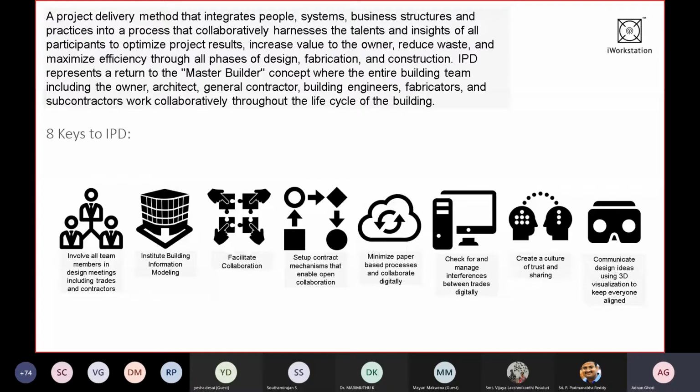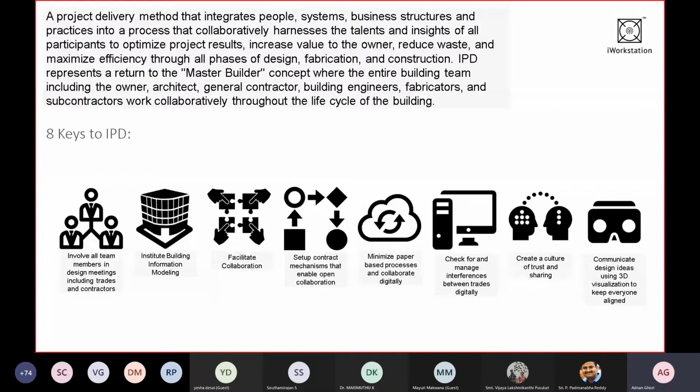There was even one Indian expert who made a contribution in making the IPD book a success. Okay, that Indian person was Atul Khanzode. He is currently heading the company V Construct. I hope every one of you knows that in Pune there's a company called V Construct. He is currently heading the team, and he has also been employed at DPR Construction. So he is one of the people at the forefront of implementing IPD.